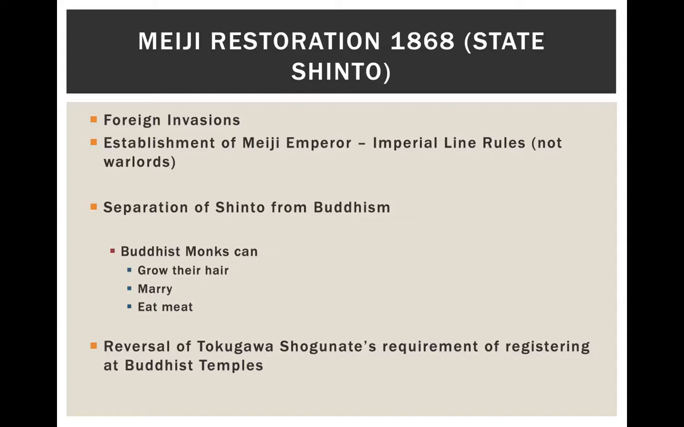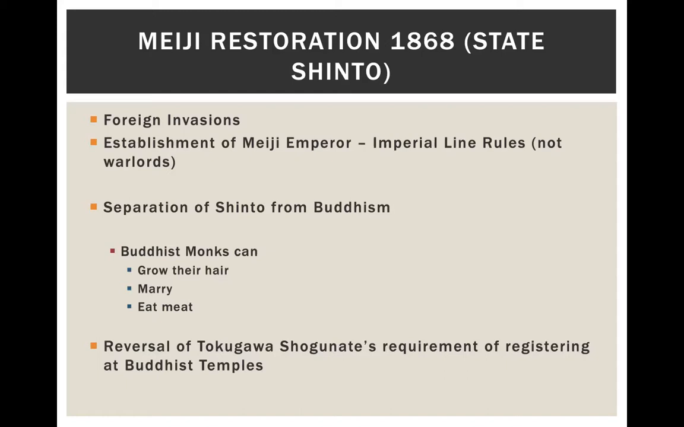Eating meat is another aspect of that. But also monks were asked to, if they were a head of a shrine, then they were asked to disrobe. So there's a reversal. The other thing that was happening prior to this Meiji Restoration period, and as a way to keep Christianity at bay,